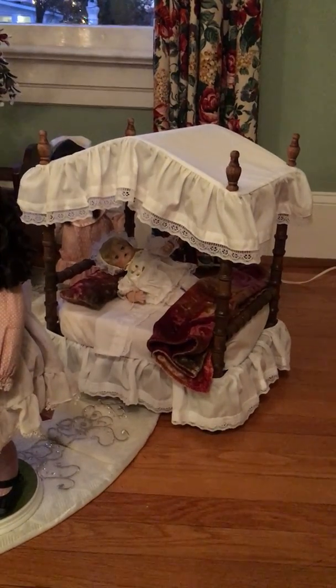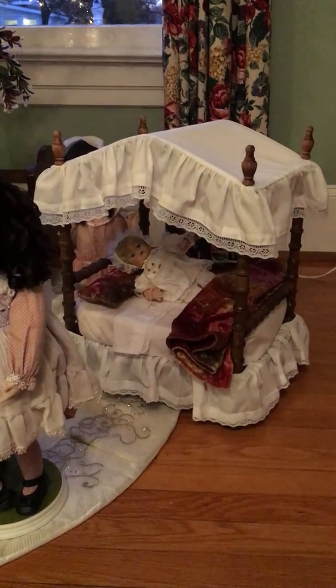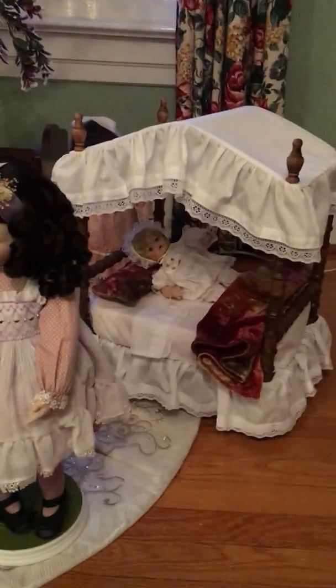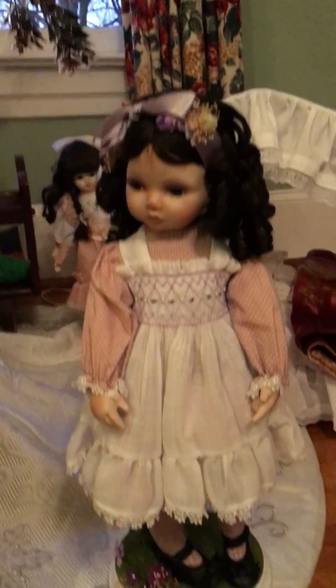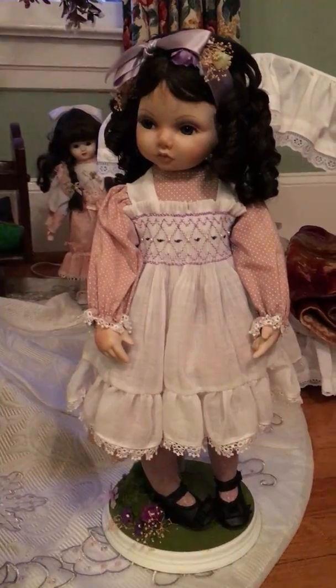So this canopied bed here was a gift from my mother this year towards my collection. The quilt and pillow on the bed was made by Martha Jean Tigg. The dolls, other than the one in the canopy, I purchased through the Facebook Marketplace, and these are all high quality dolls. Like this one's an Ashton Drake doll, and she looks like my new daughter-in-law, Kaylee. Another baby sleeping in the crib back there. Another view of the